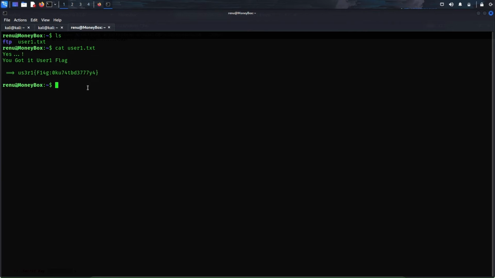So let's see if this user renu has any root privileges. The command to check that is sudo -l. Okay, it's asking us for the password, which is 987654321. And it says, sorry, user renu may not run sudo as Moneybox. This means this user renu cannot run any commands as sudo user. Now we will have to find some other ways to